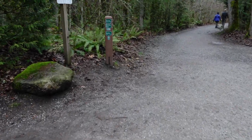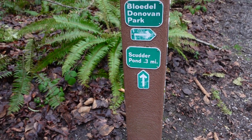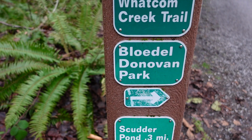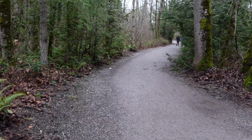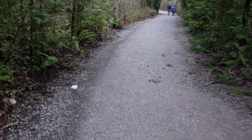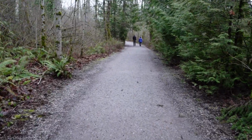So we got Scudder Pond, 0.3 miles. Scudder Pond, Bluebell Donovan, and Whatcom Creek Trail. So let's check out Scudder Pond. That sounds cool. I don't know about that name. Scudder sounds a little sketchy to me, but